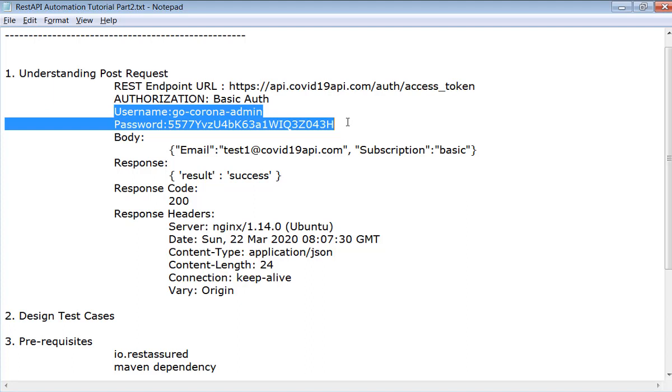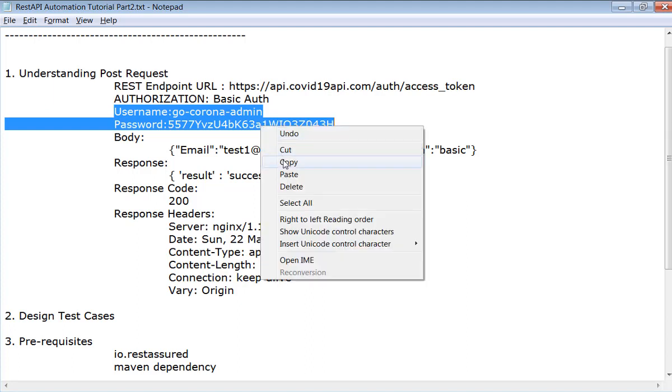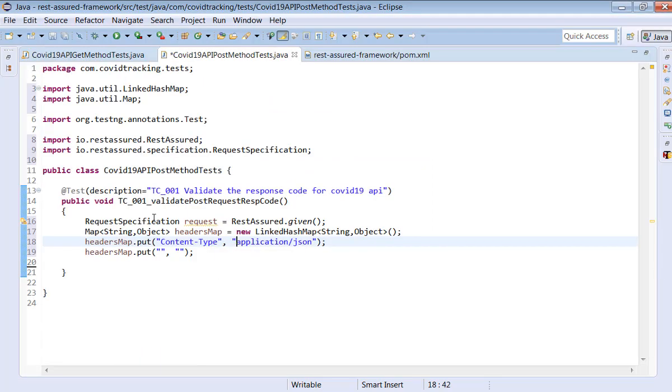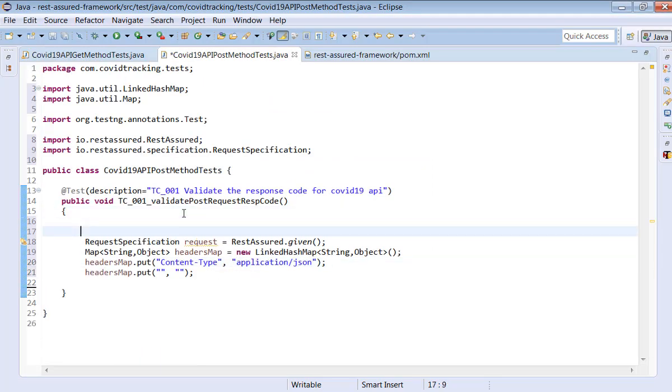You cannot pass username and password directly. So for that reason, we have to copy this information, go to Eclipse, and convert this information into a base 64 encoded format. So how do we create the base 64 encoded format?